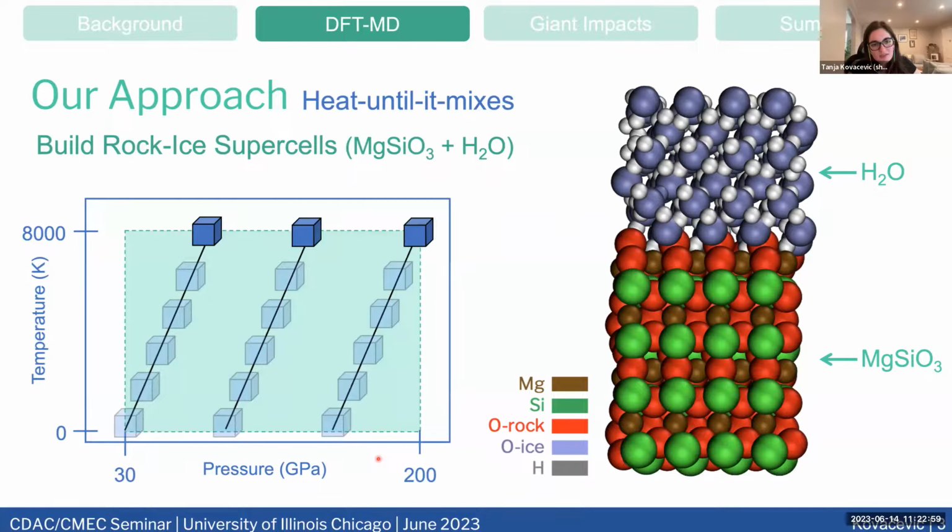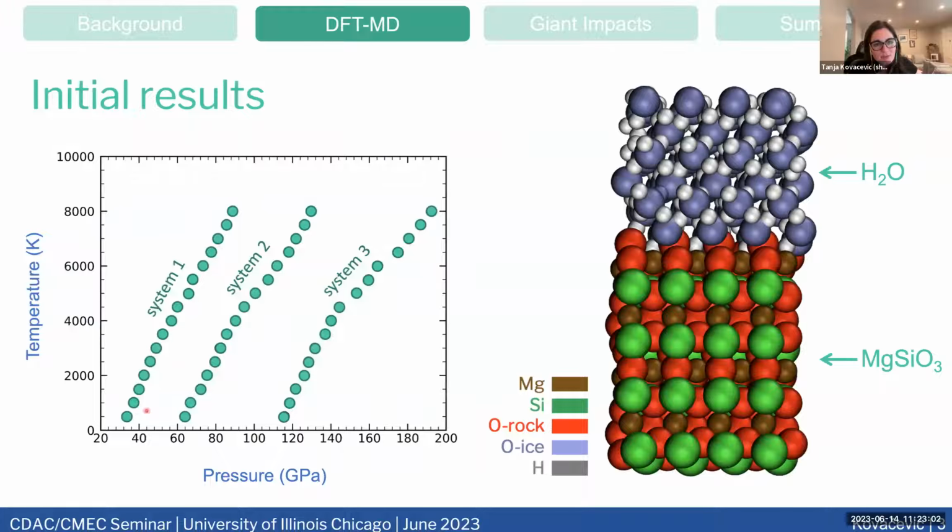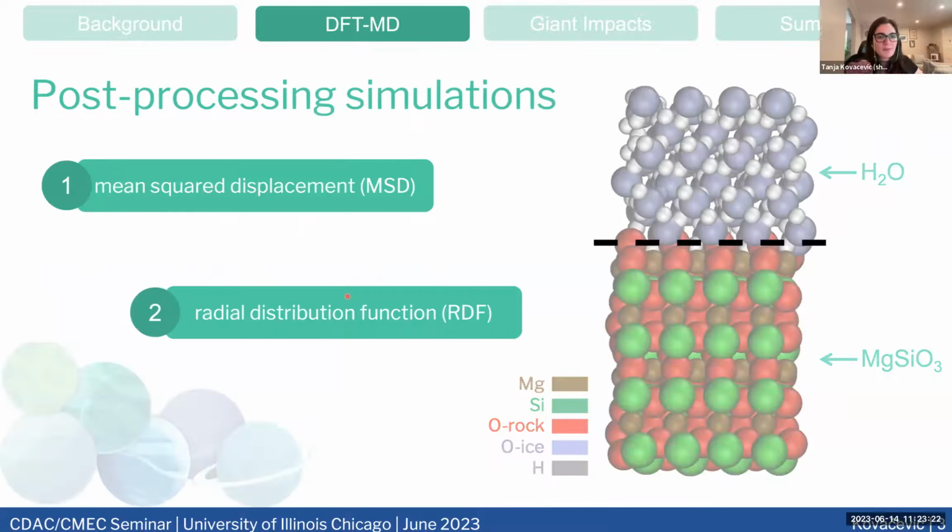Fast forward a couple months, and I've been able to calculate these isocores. We see that there are some kinks in the line, which is indicative of maybe some phase changing going on. Of course, that's just a qualitative view of this, so we're going to have to use some quantitative processing methods. Those 2 methods are fairly simple. We're going to use a mean square displacement, which is going to tell us how much an atomic species diffuses throughout a trajectory, given an initial starting point.